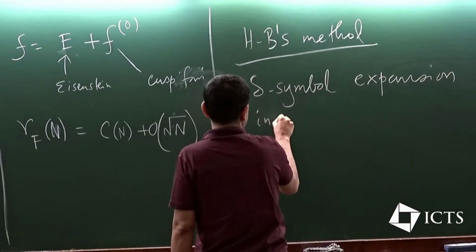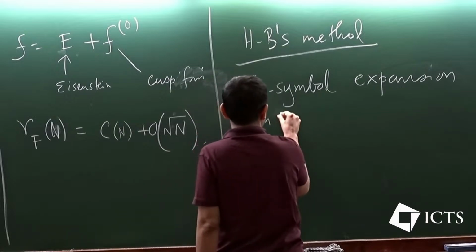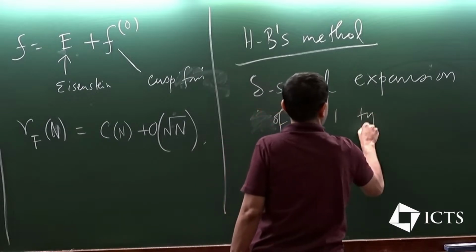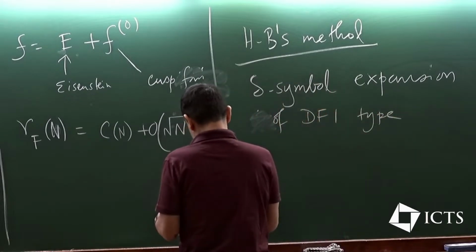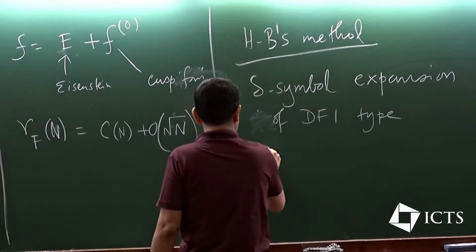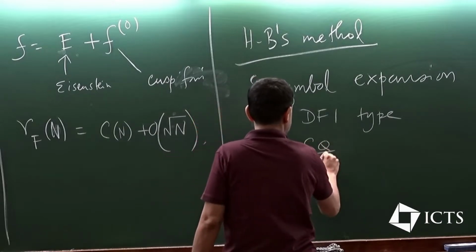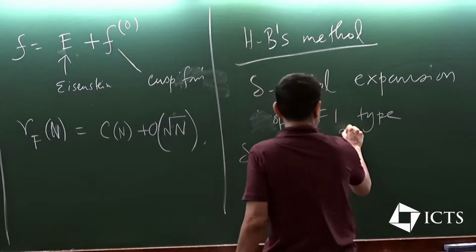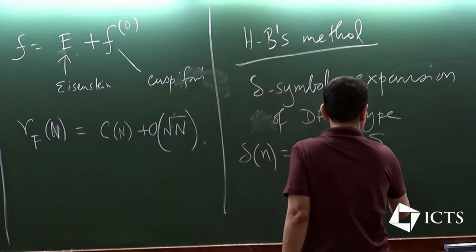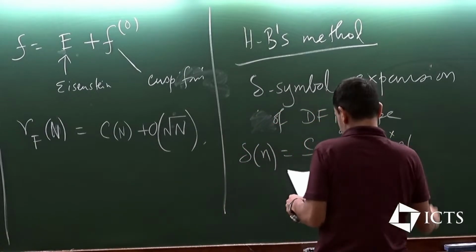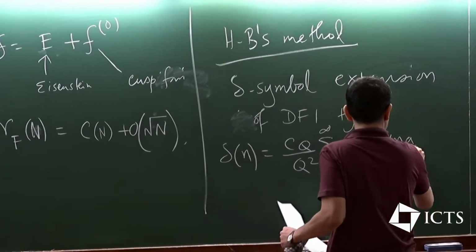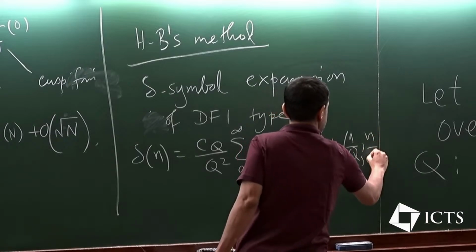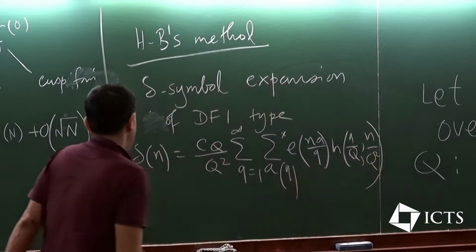In the style of DFI, a DFI-type expansion. So that roughly says that delta n equals the sum over Q of c_Q by Q squared, sum over a mod Q star, e(an by Q) h(q by Q, n by Q squared). And so